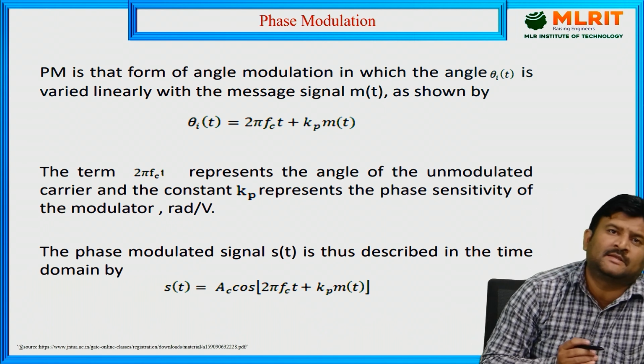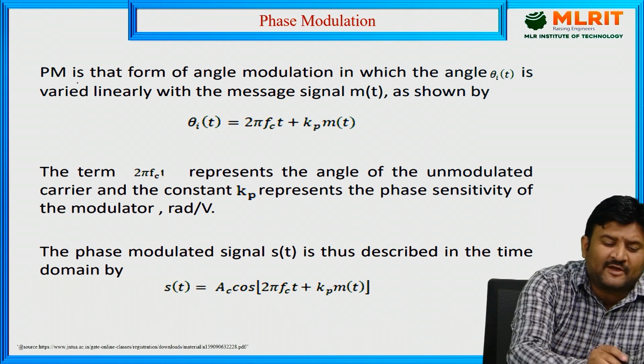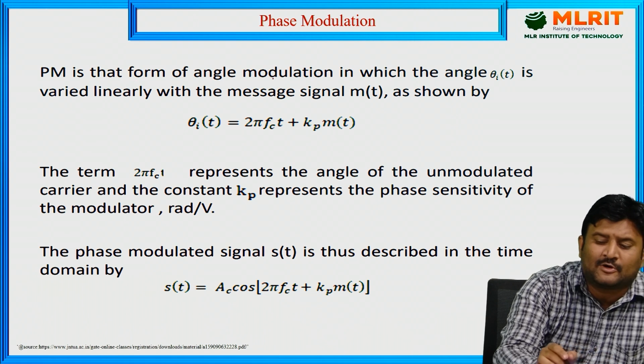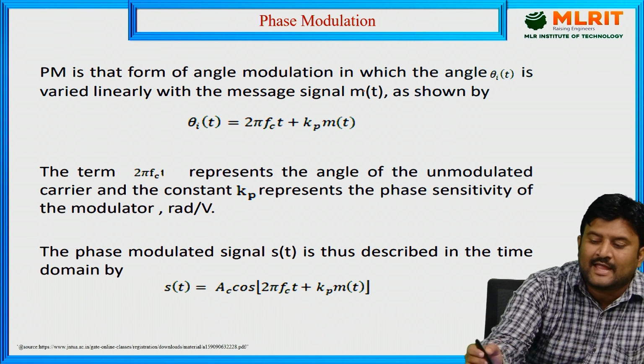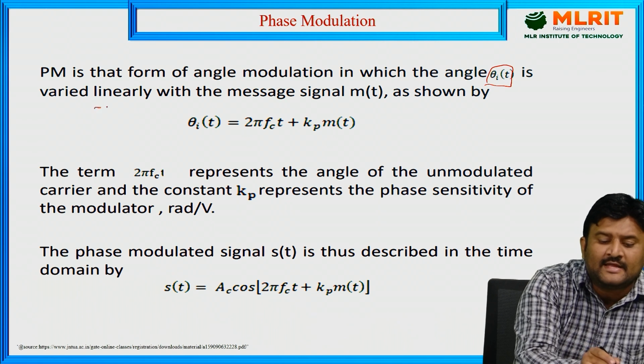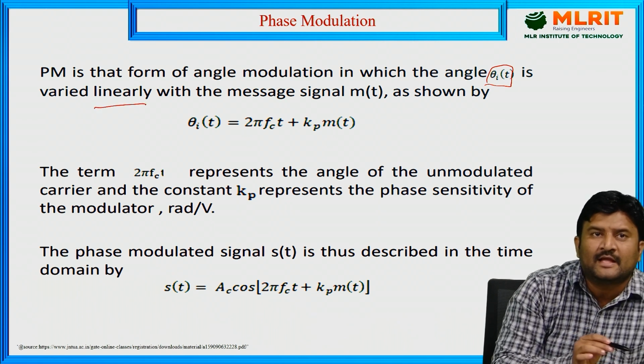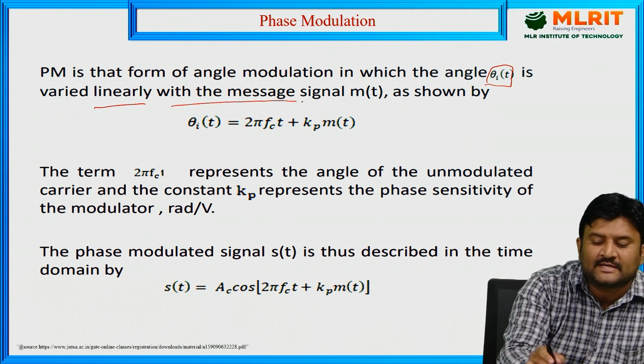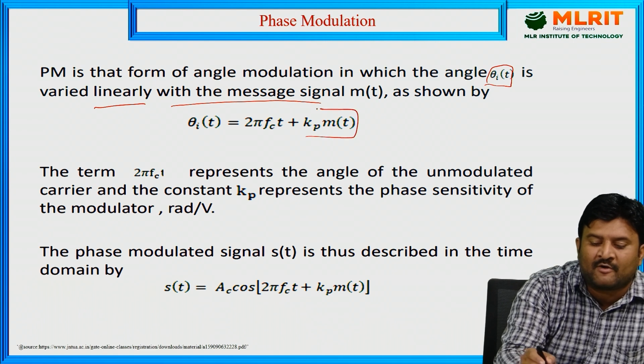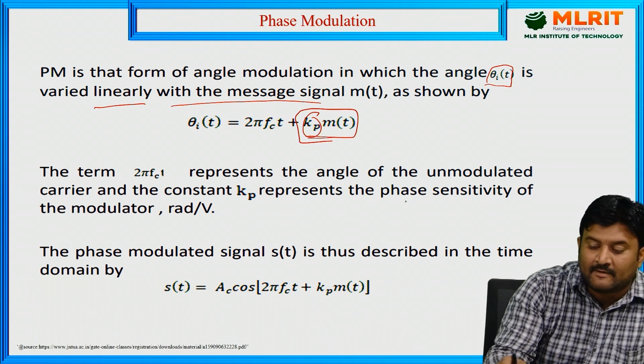to the message signal. Observe here, phase modulation is that form of angle modulation in which the angle theta i of t is varied linearly with the message signal. That's why we write kp into m of t, it is varying linearly. Therefore kp is a constant one, nothing but phase sensitivity,